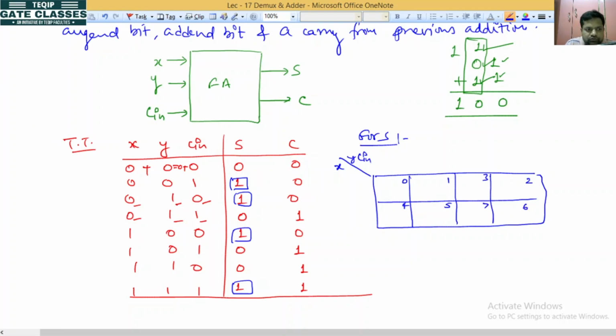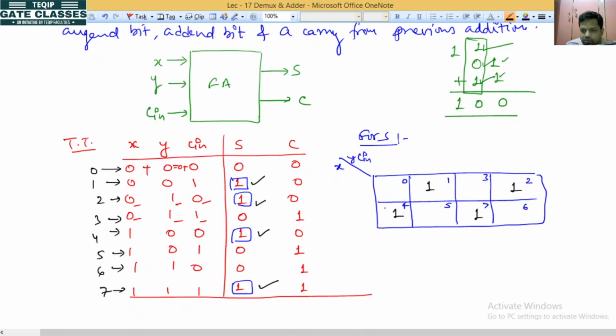Okay, now if we talk about, so this is 0 in decimal, 1, it is 2, 3, 4, 5, 6, 7. Now we have 1. At 1 we have 1. At 2 we have 1. At 4 we have 1. At 7 we have 1. So